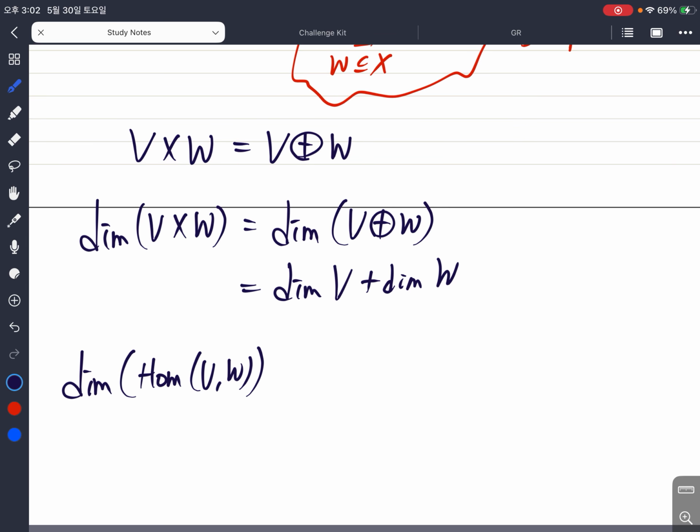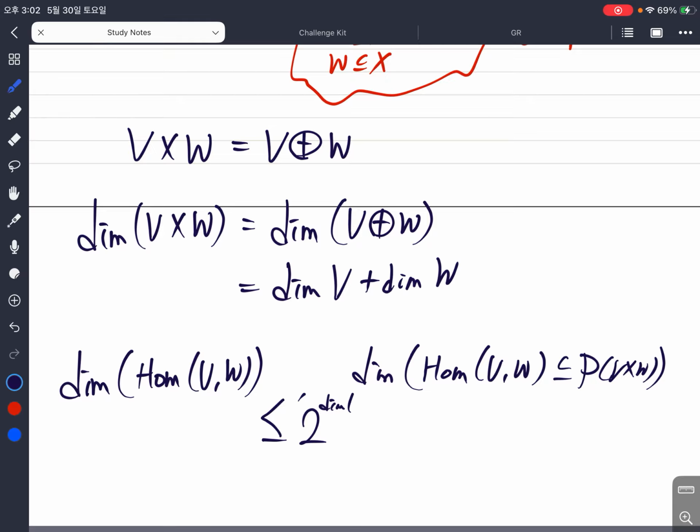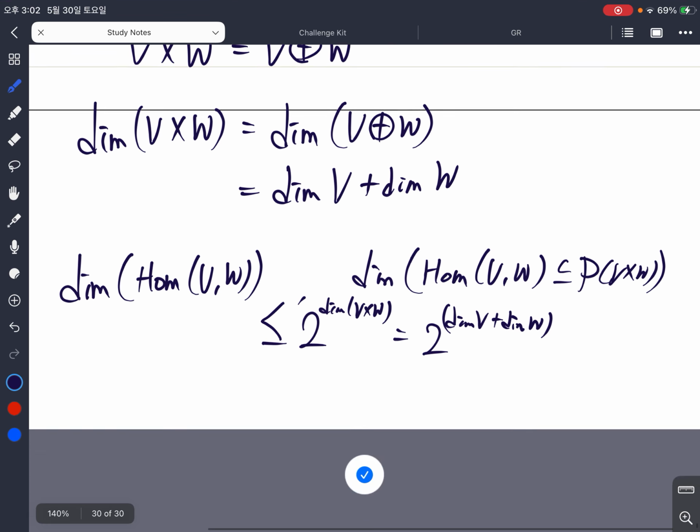because recall that, in the definition, you might be confused about the dimension of Hom(V,W). It is a subset of the power set of V times W, so it should be smaller than or equal to 2 to the power of dim of V times W, because the power set dimension is 2 to the power. This is just 2 to the power of dim V plus dim W. So this is what we have, and in fact,